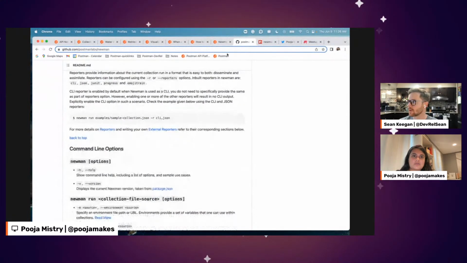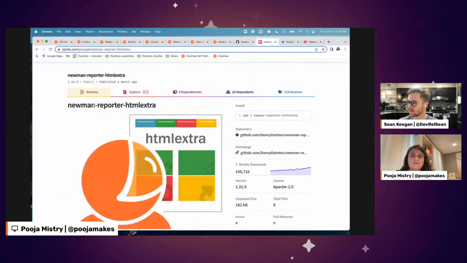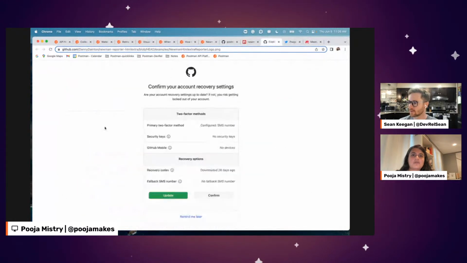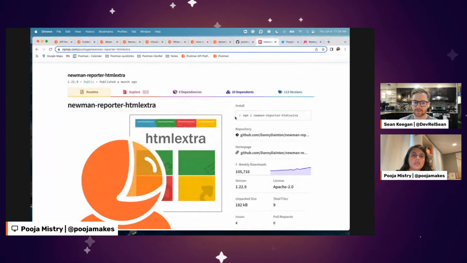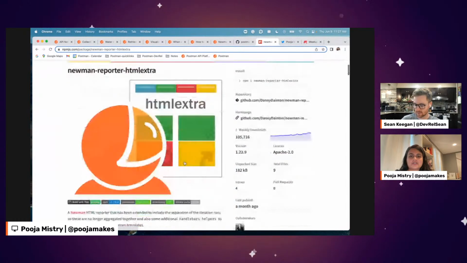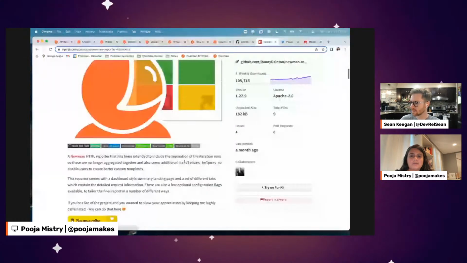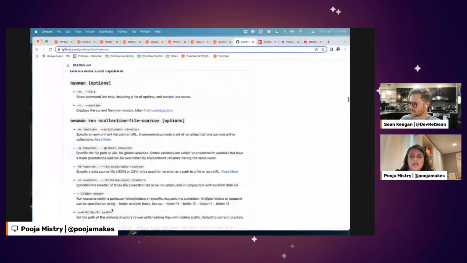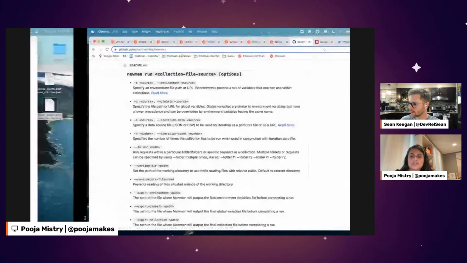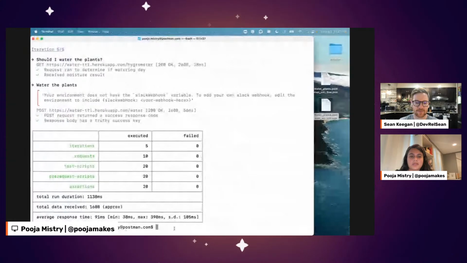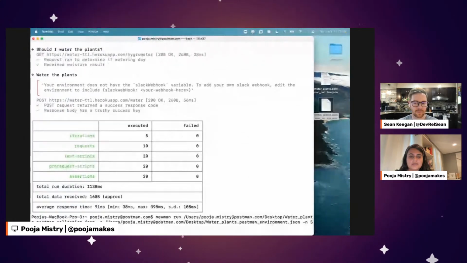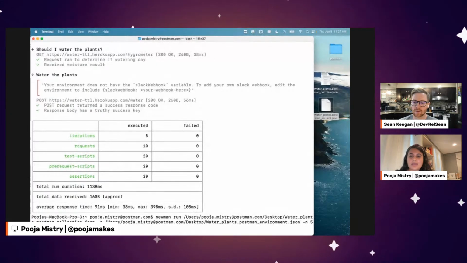So one reporter that I really like is this one, HTML extra reporter. What you'll need to do is install this reporter wherever you've installed Newman, and you can run Newman by just adding that reporter flag onto it. So, for example, if I were to run this and then do -r and then HTML extra,